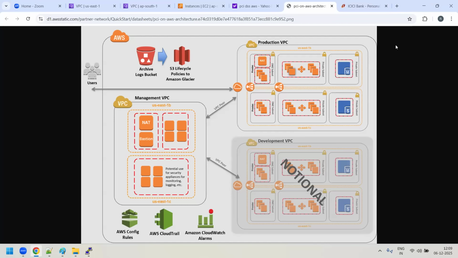So between production and management, you have to do the VPC peering. Same thing if the developer has its own VPC and the management wants to communicate with the development VPC: you have to do the VPC peering. Within our organization also, when there are different departments with different VPCs that need to communicate with each other, they have to create a VPC peering. This is the real use case you have to tell. Am I clear, sir? Did you understand what the use case of VPC peering is?